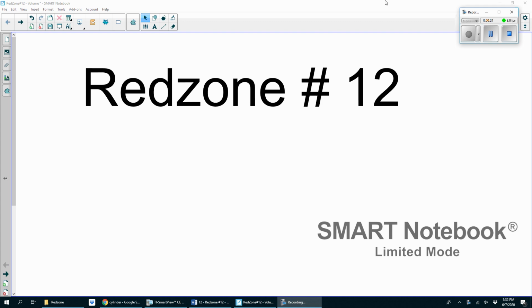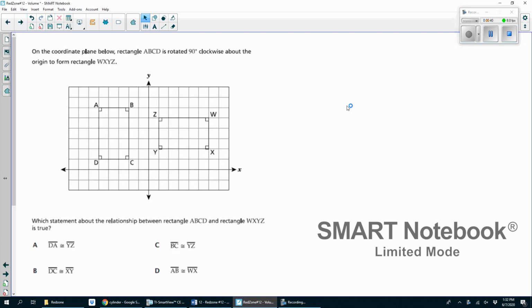We feel like we want to go over the major topics that we know you're going to see again in high school. So Red Zone 12 is all about volume. You will see volume again in 9th grade algebra and again in 10th grade geometry. But before we get to volume, the first question on this red zone is just a little bit of a review question. So it says on the coordinate plane below, rectangle ABCD is rotated 90 degrees clockwise about the origin